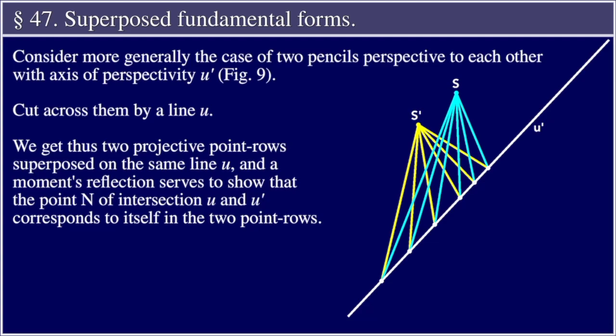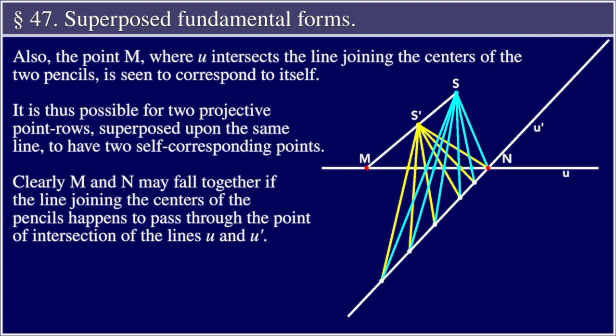Figure 9, cut across them by a line U. We get thus two projective point rows superposed on the same line U, and a moment's reflection serves to show that the point N of intersection of U and U' corresponds to itself in the two point rows. Also, the point M, where U intersects the line joining the centers of the two pencils, is seen to correspond